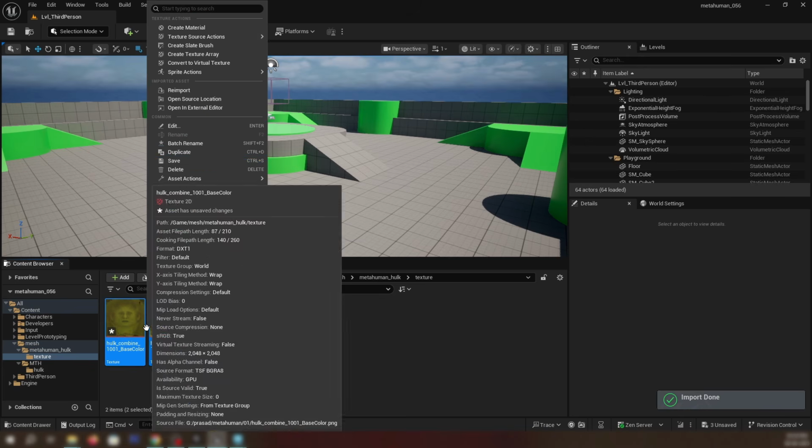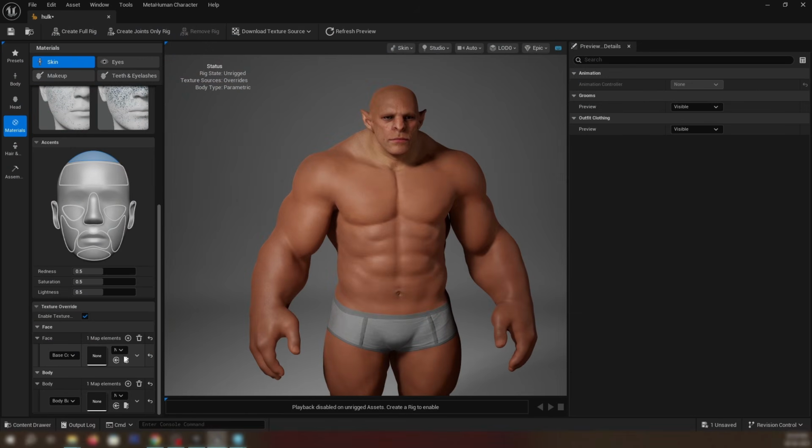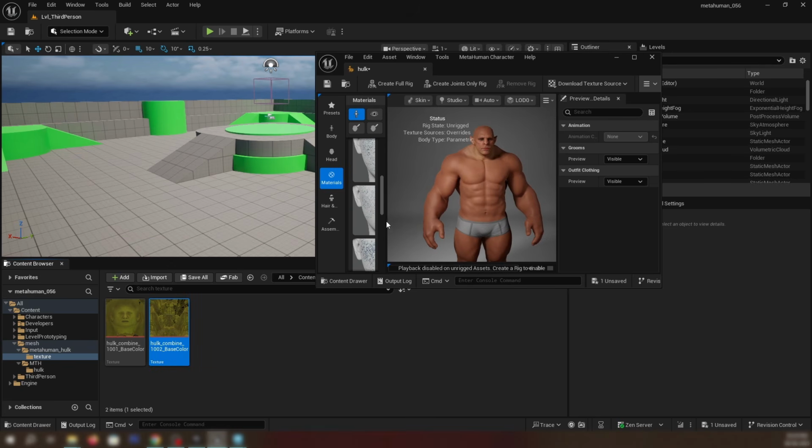So these are the textures. I'll save it once. Now I'll try to replace the same names over here for the body and the face. So this is the body part.